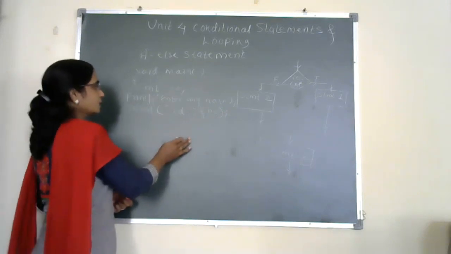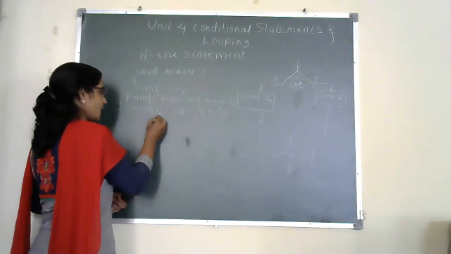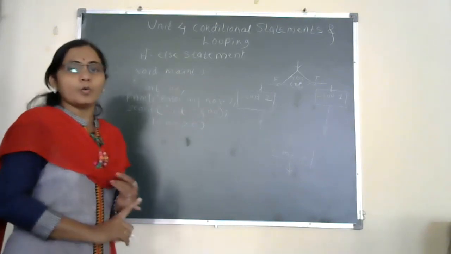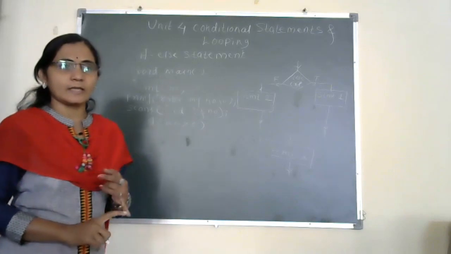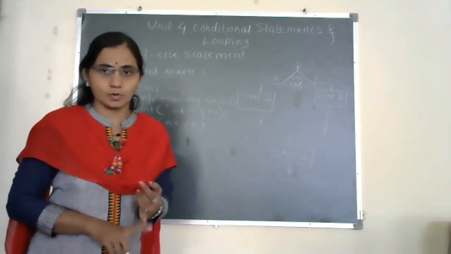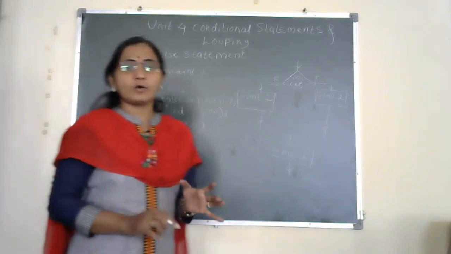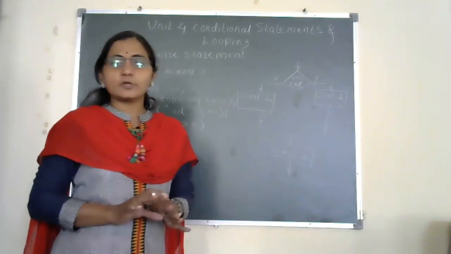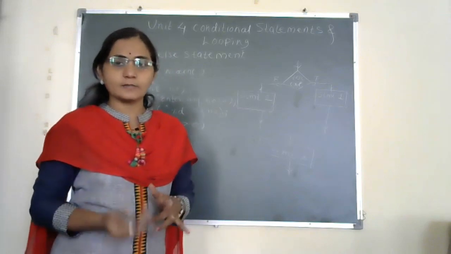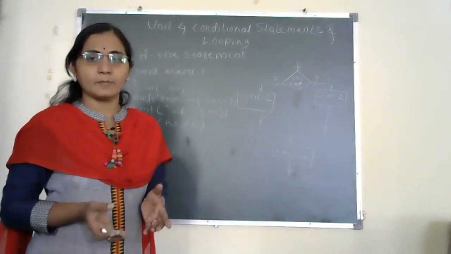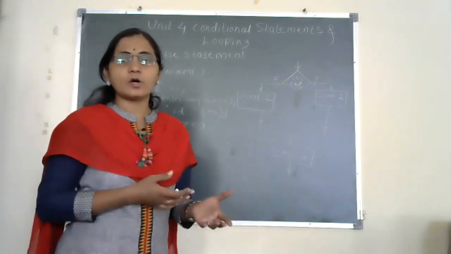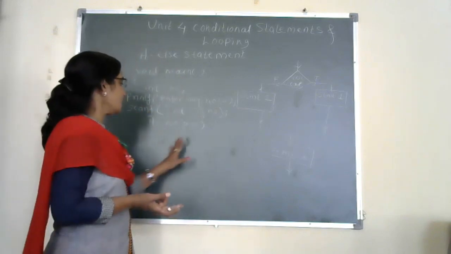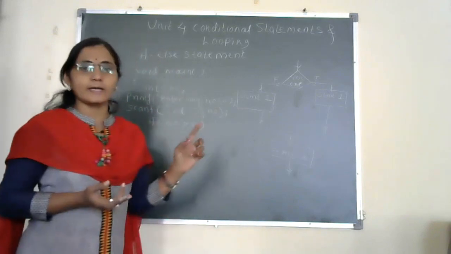After reading the value into the number, I check whether the number is greater than 0 or not. What is my aim? My aim is to find out whether the number is positive or negative. All of you are aware of the concept of positive and negative numbers. What is a positive number? A number which is greater than 0 is called a positive number, and a number which is less than 0 is called a negative number. So what will be the condition? The condition is: if number is greater than 0.